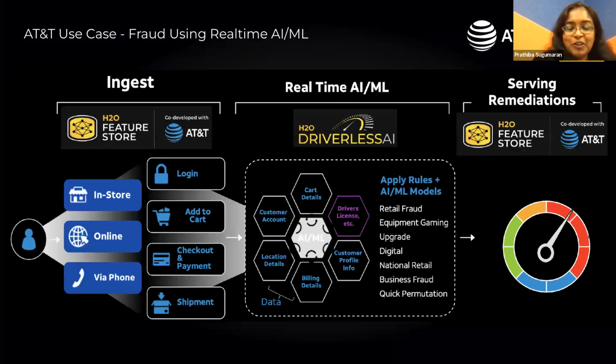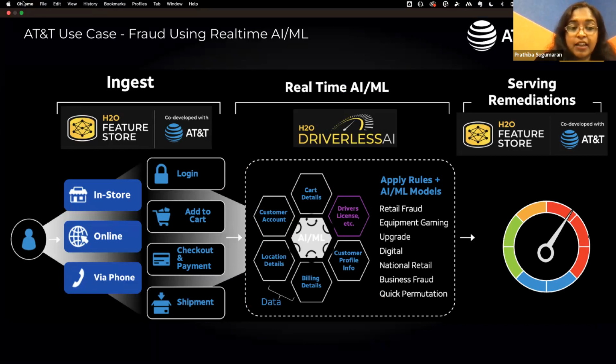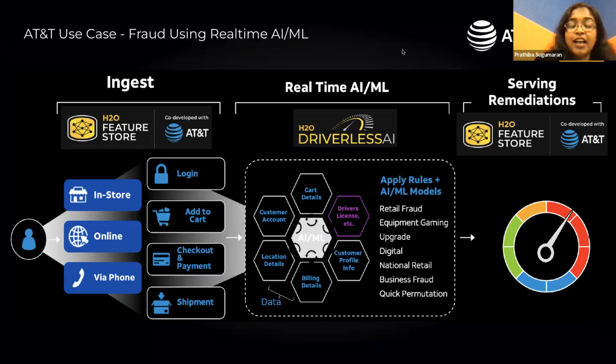Okay, what I want to focus on here is the privacy and governance. When it comes to fraud, our primary goal is to make sure that we protect our data, the privacy and the compliance of our customers' identity. This entire fraud use case has a lot of sensitive information, and Feature Store really helps, as it has